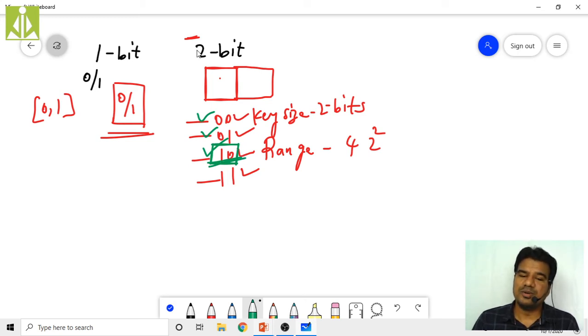So a 2-bit size key is not practical, isn't it? One can easily break it because we have only 4 possibilities for the key. So if I make it 3 bits, then what will happen? What are my possibilities now with 3 bits?